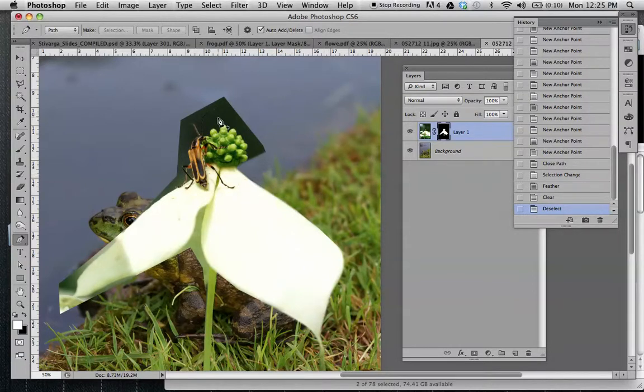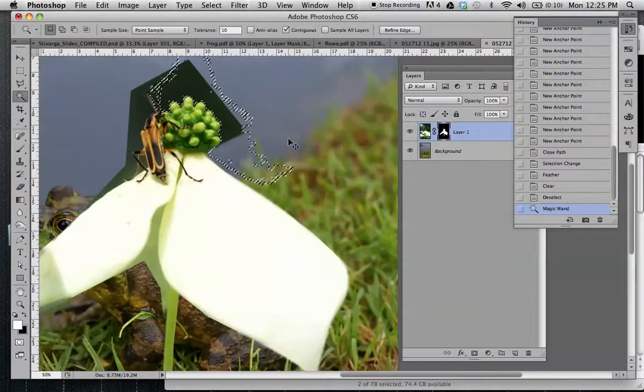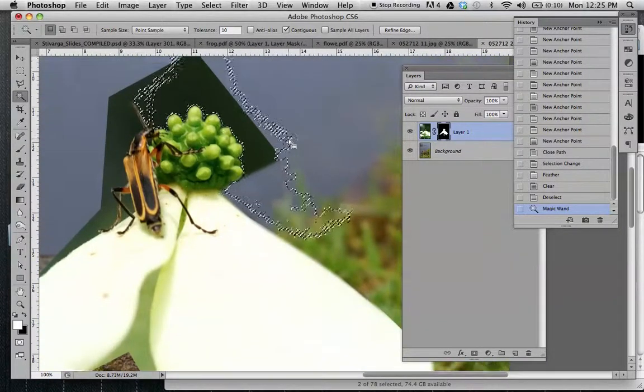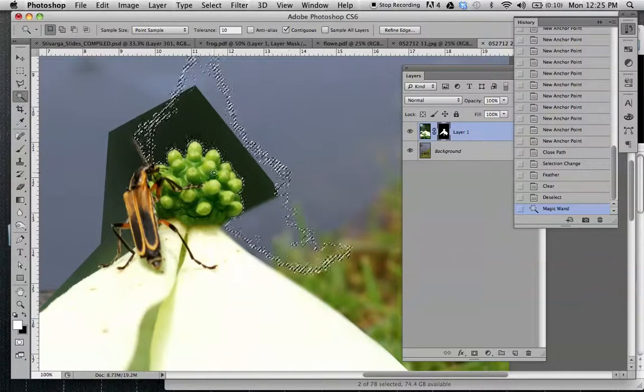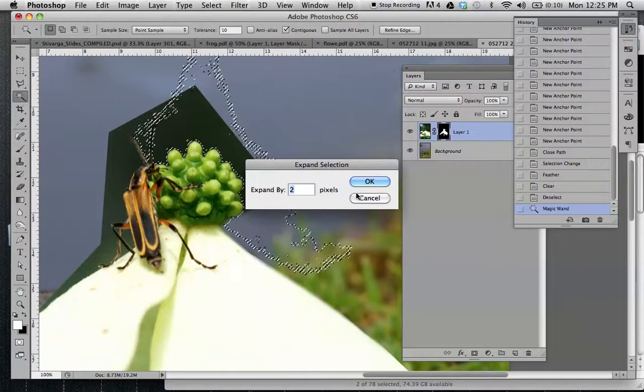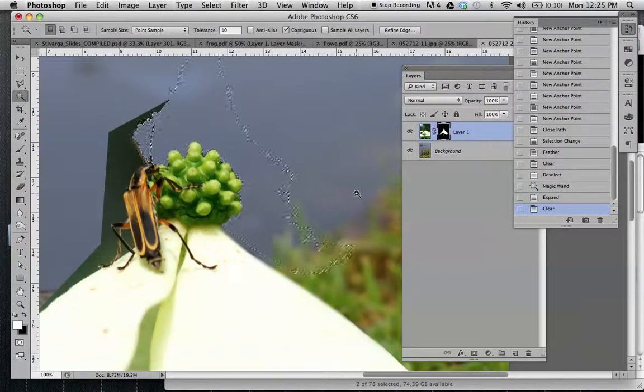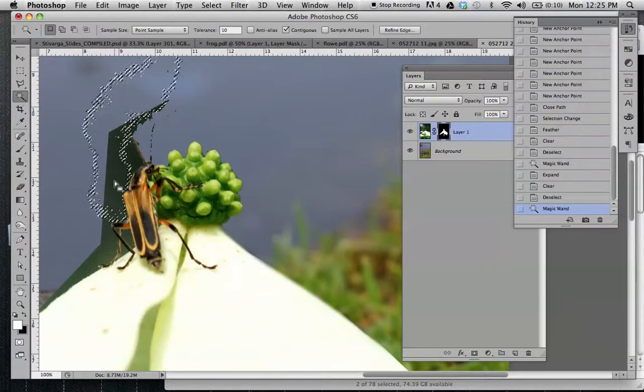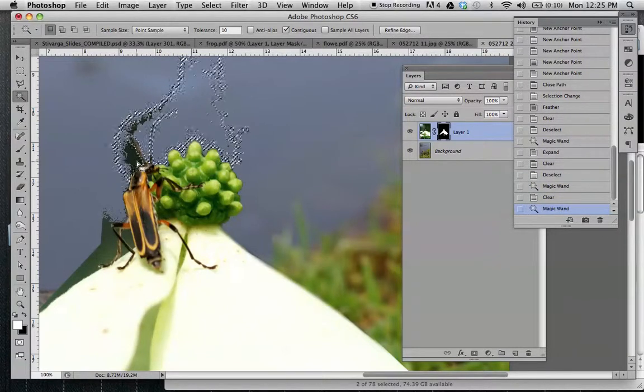I can also, let's say for part of this, I have the green, that's the background behind the insect here. I can use, let's say, the magic wand tool, zoom in so I can see what I'm doing a little better. So let's say this selection looks pretty good, but maybe I want to expand it by a few pixels. Hit delete. Now I have a pretty decent selection around there. Do this a few more times. I can always increase the tolerance if I want to,